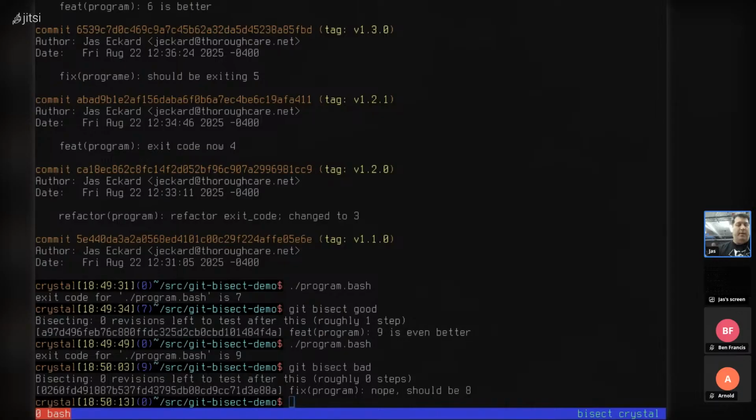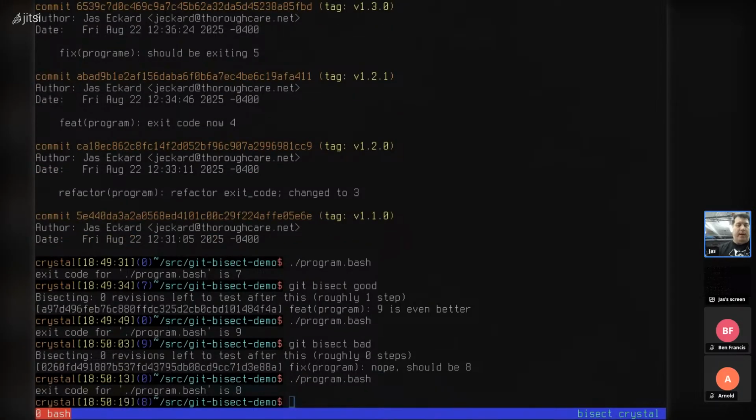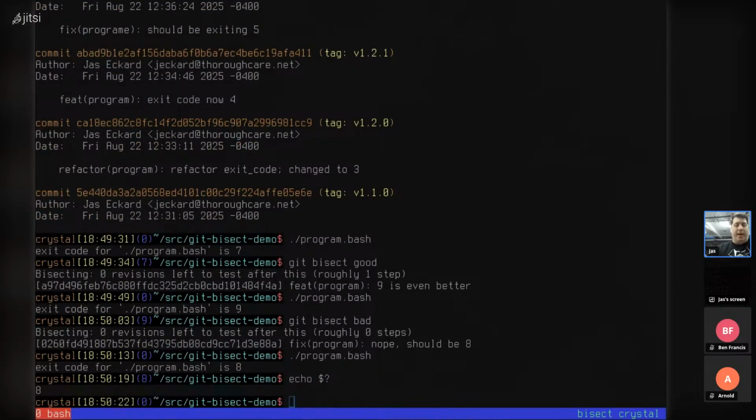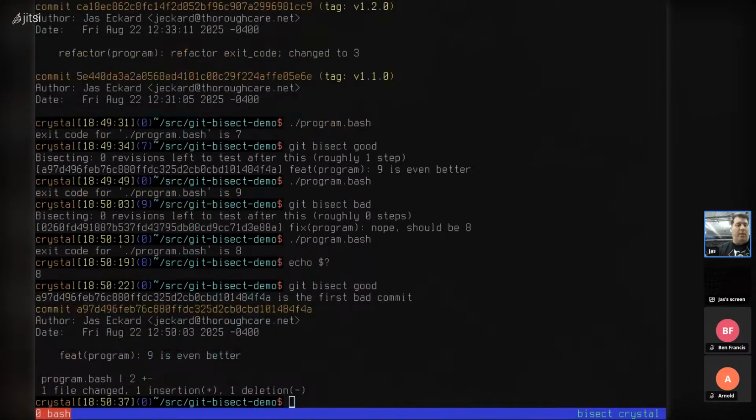And then somewhere in 8, let me see, program 8. Let's see, echo $? 8. Okay, I think that's right. Git bisect. I think we're done actually. Nope. 0 revisions left. Wait, what's the error message I'm looking for? Okay, let me say that this is still good. Okay, now I'm completely checked out into this branch,